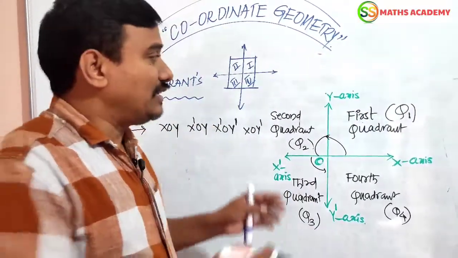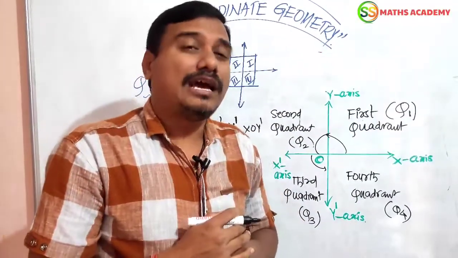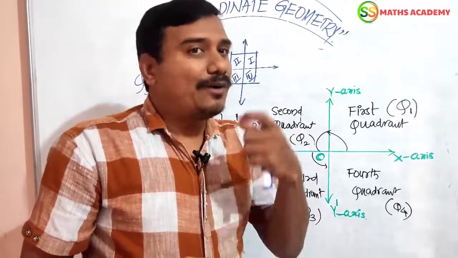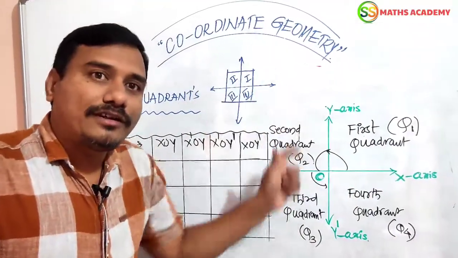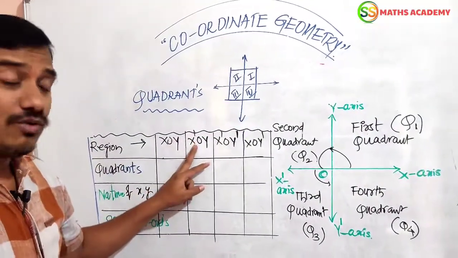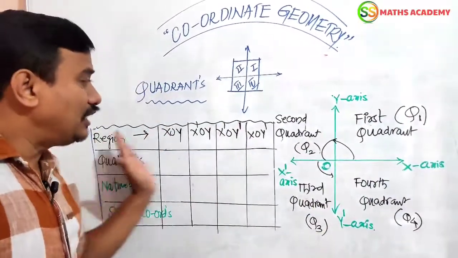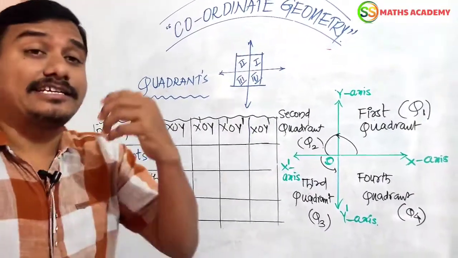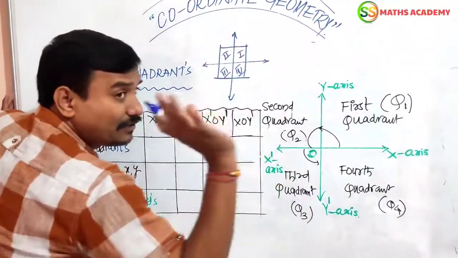Now we have to go with, in these 4 regions, what about the character of signs of ordered pairs? The characterization of each and every point we have to observe now. So these two mutually perpendicular lines divide the plane into 4 regions: XOY, X'OY, X'OY', and XOY'. In these 4 regions I am going to explain the nature of x comma y. Characterization of each and every ordered pair I should explain here. First region. See the diagram.